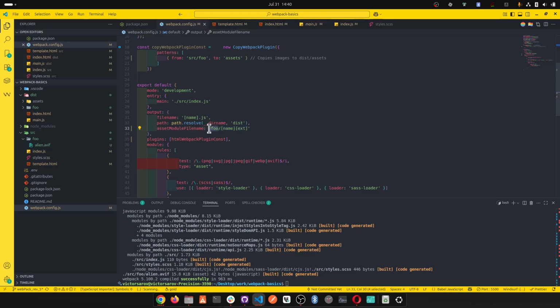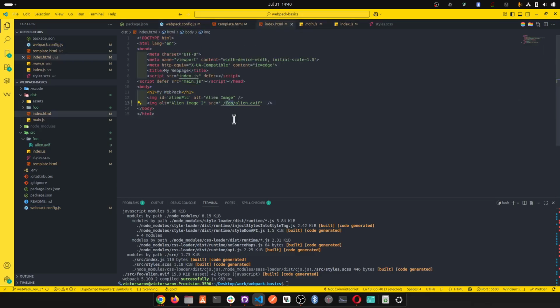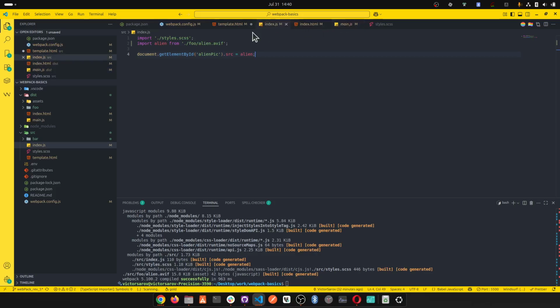So you need to make sure that this here is exactly the same as this one here, because it's going to be pointing to it, right? Otherwise, it's just not going to work. Because think about it, right? If we change this to bar, okay, let's change this to bar. So now we need to change all of our references in the template, which is in here. Okay, and then in our index, this is now bar,